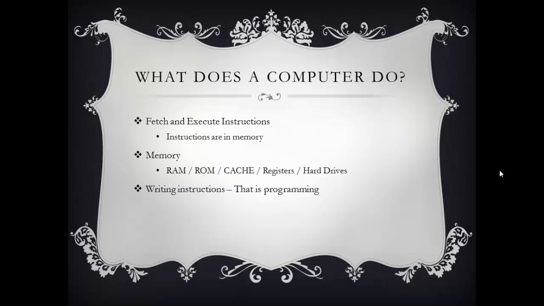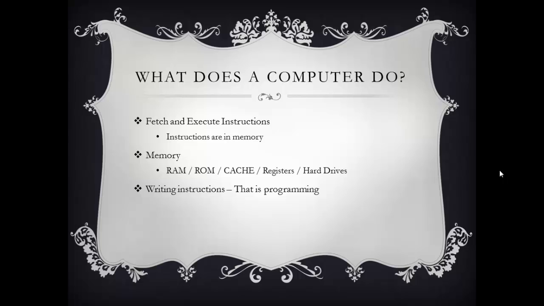So what does a computer do? Well, it just fetches and executes instructions, and it doesn't matter if it's a watch, a computer PC, or a nuclear reactor. That's what a computer does: it just goes out, fetches instructions, and executes them. And then gets the next instruction and executes it. Now, the instruction may tell it where to get the next instruction. It may be as simple as add these two numbers together. And it gets those